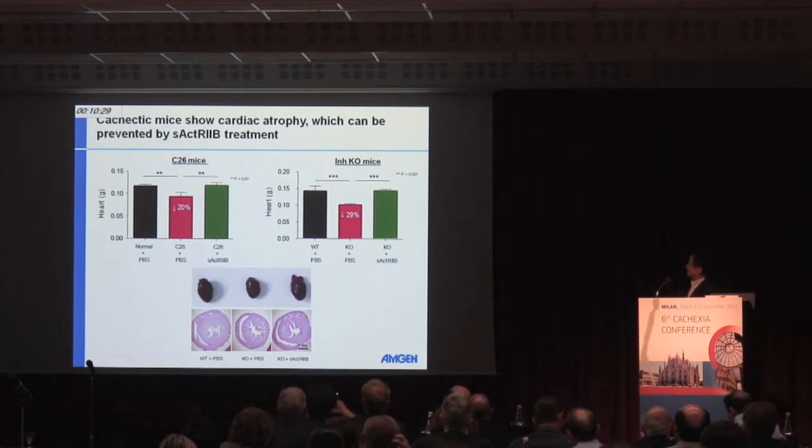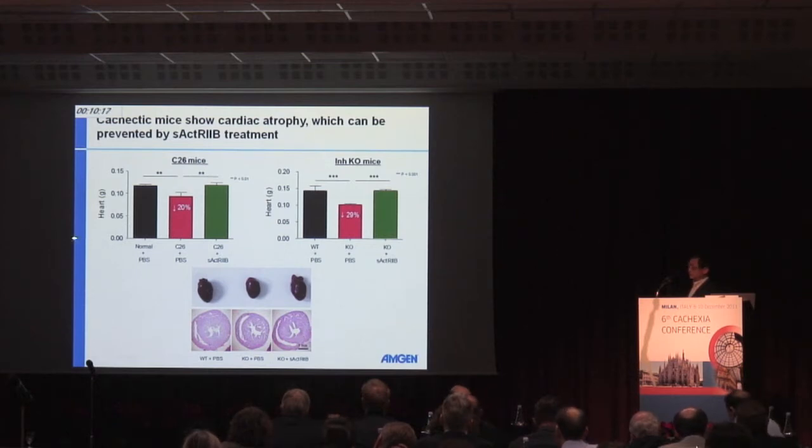So what happened was that when we looked at the heart, it was not spared. It was not only the skeletal muscle; there was an atrophy of the heart. In fact, if you look at the clinical literature, this is quite relevant. There were reviews, not really appreciated, documenting the loss of heart weight in the clinical setting, including patients with cancer or anorexia and so forth.